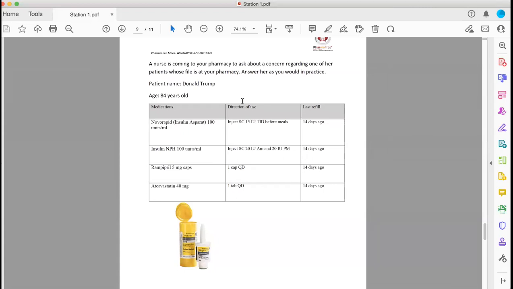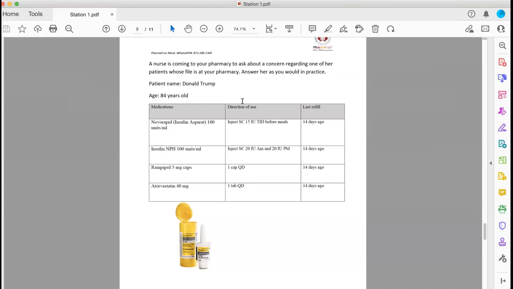You asked about his glycemia, his A1C and fasting, in the last minute of the station. It's too late. This is the first question that you have to ask. If you have a diabetic patient with hypoglycemia, you have to gather all the relevant information. Then you would be able to assess the situation.